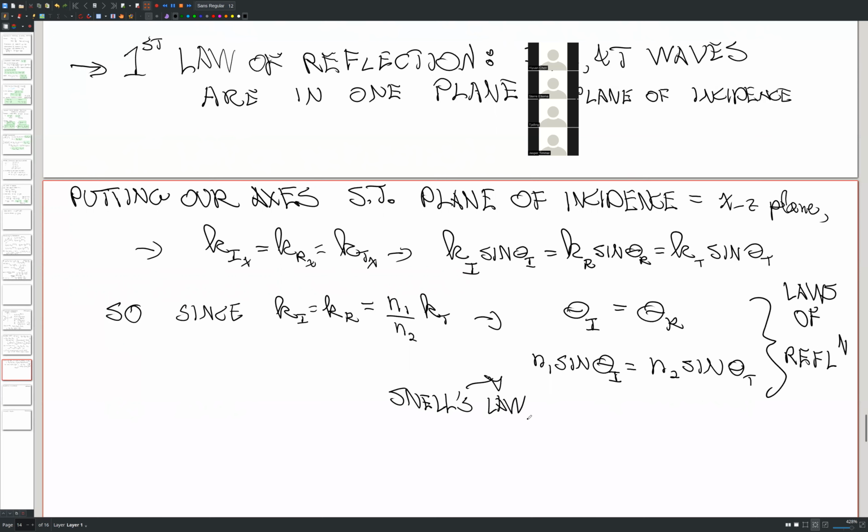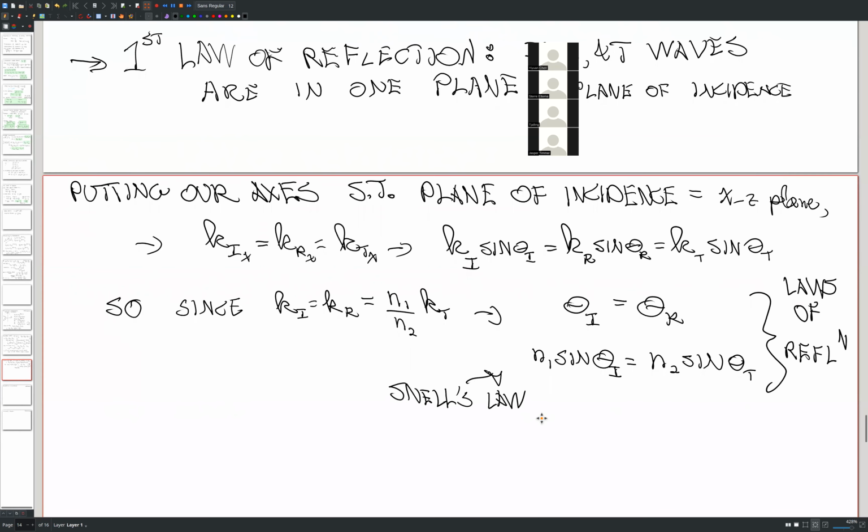So you see these laws of reflection that you learned at school really come from the solution of Maxwell's equations. Okay, so that's